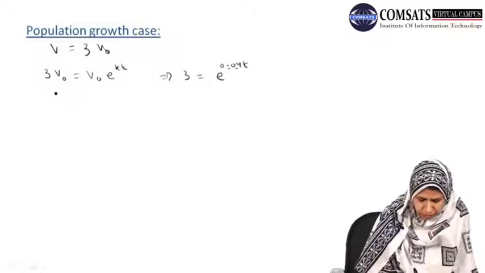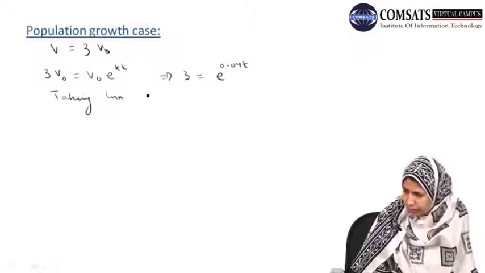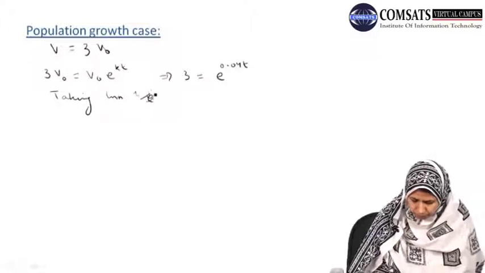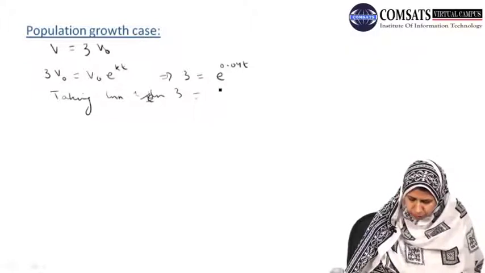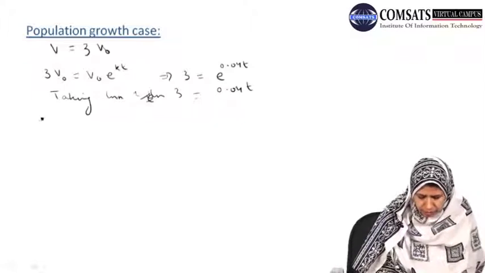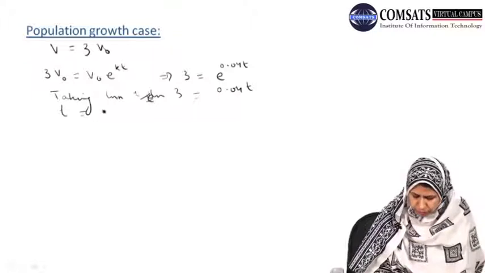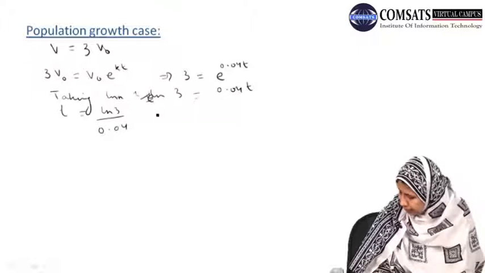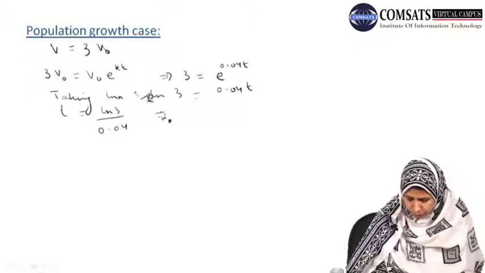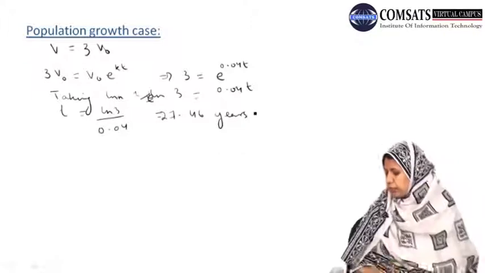Now by taking the natural log on both sides, we obtain that natural log of 3 equals 0.04t, and we can simplify this to find the value of time, which is equal to natural log of 3 over 0.04. And after 27.46 years, the population of the community will be